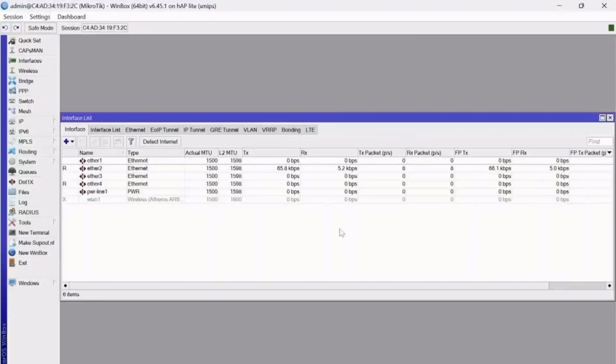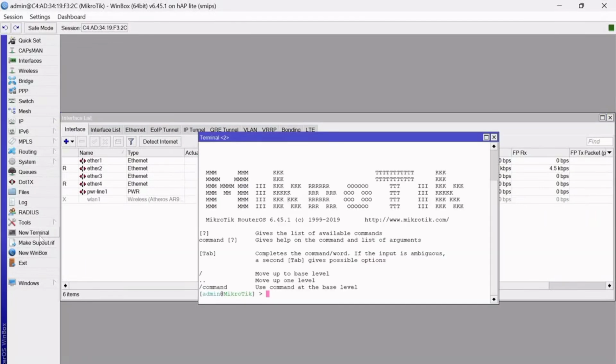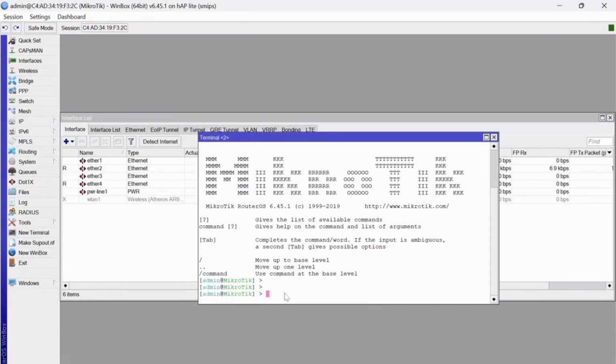I'm stuck on routing BGP between a Cisco router and a Mikrotik router. So guys, now I want to show you my project, and I hope you enjoy following my video. So guys, first I'm using a terminal,